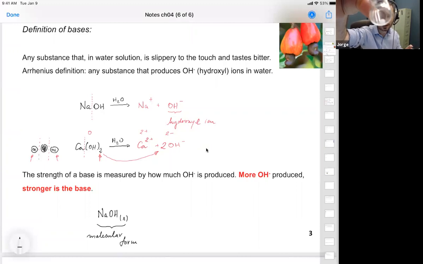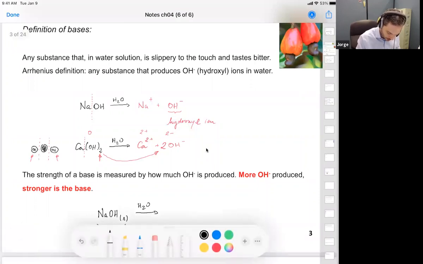So it's a solid, and that is called the molecular form. And then when we add water, the process here is going to be a little bit slow because it's a big chunk. So let's add water. Let's leave it here on the side. So the fact that you dissolved sodium hydroxide in water,